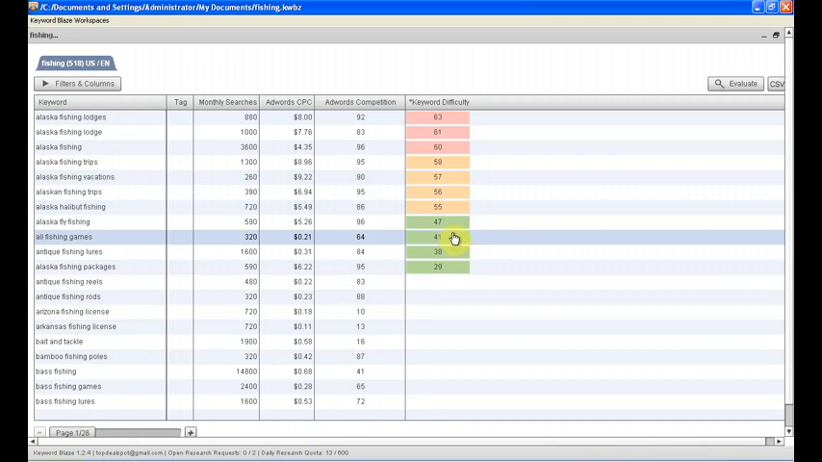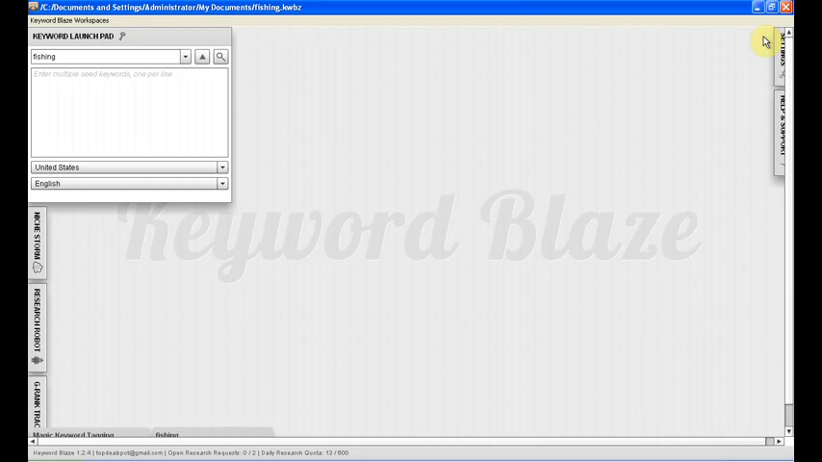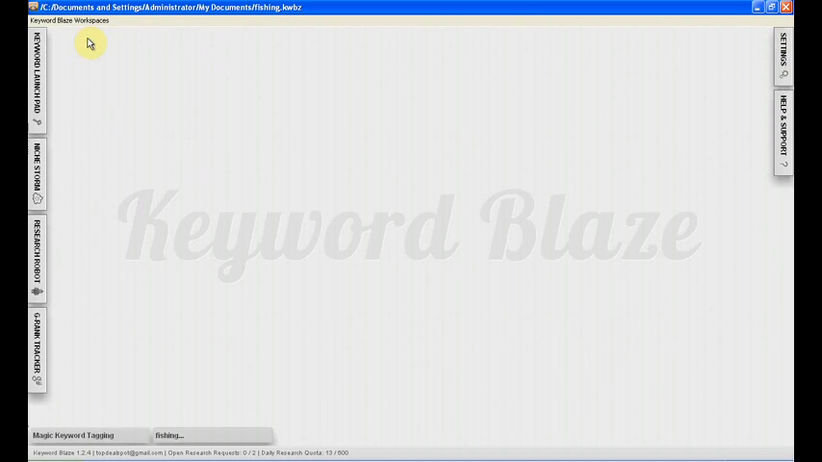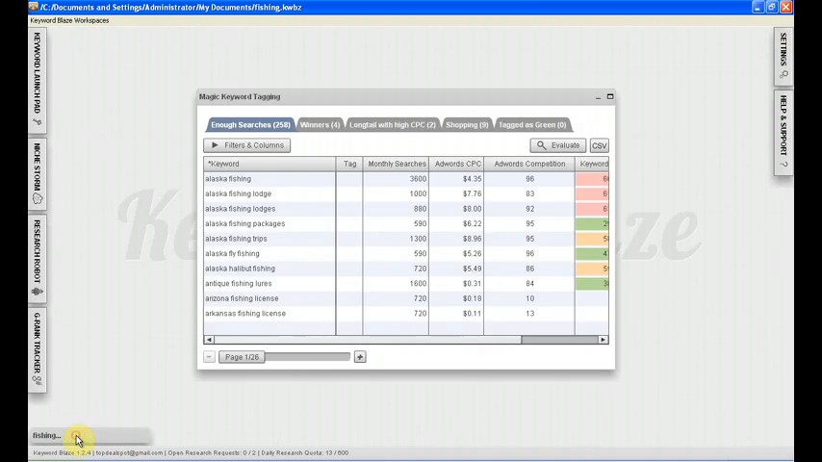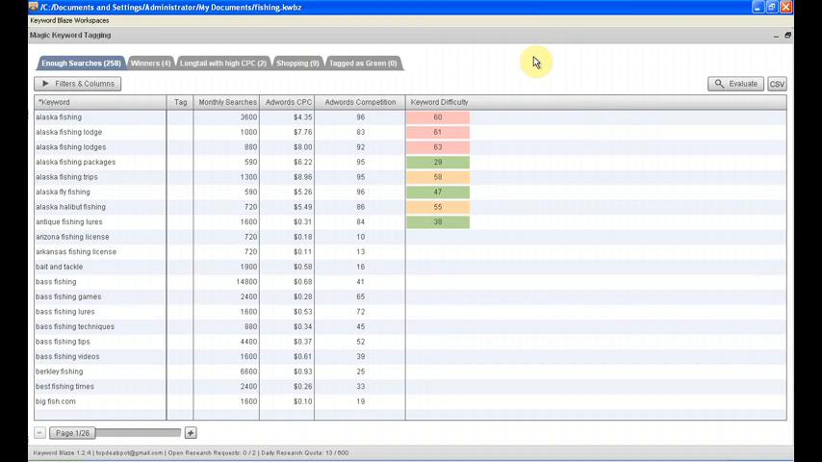to rank for. Now, let's take a look at the magic keyword tagging window, which we said we're going to come back to in a few minutes. This thing right here. And this is another component of Keyword Blaze Pro, and it's a really neat, hefty tool. Basically, you have several sections here: enough searches, winners, long tail with high CPC, shopping, and tagged as